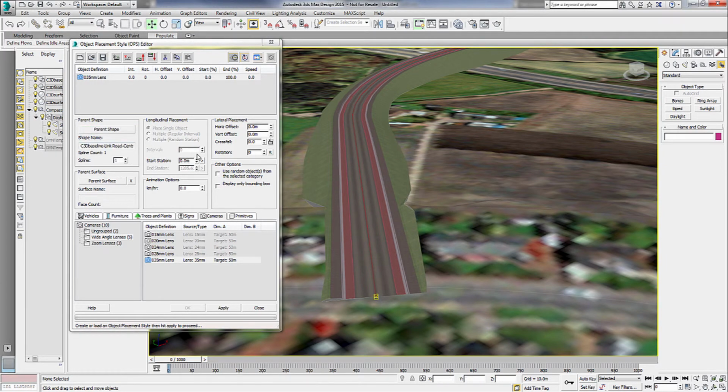And we're going to start off by giving it a design speed, or a speed to animate, of 60 kilometers per hour. We're going to give it a horizontal offset of 2 meters. And we're going to give it a vertical offset of 2 meters. And let's see where this places us. So if we hit apply,